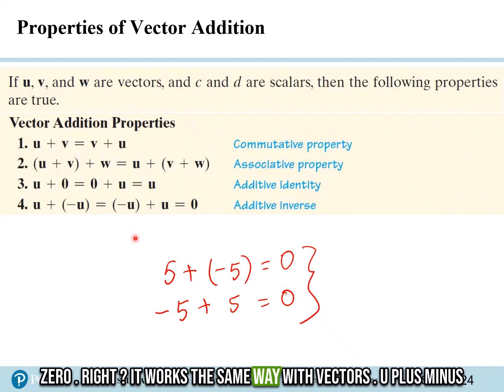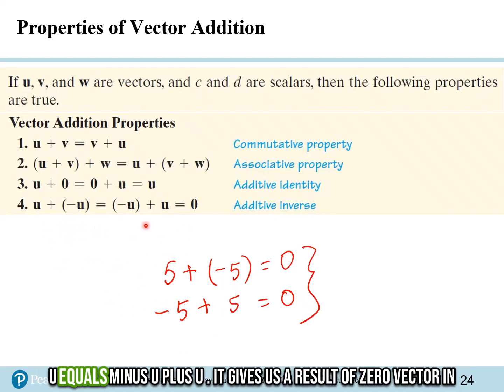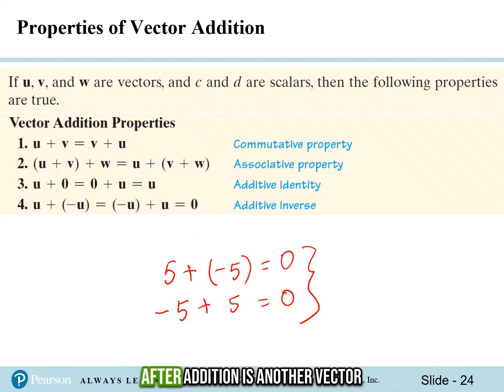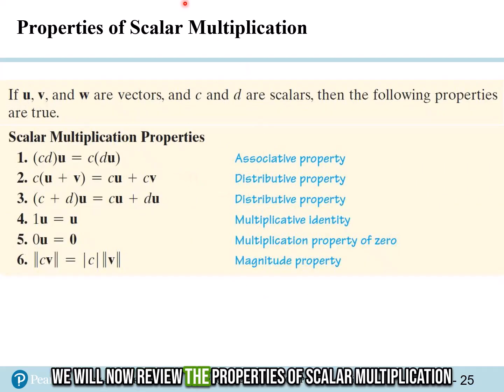It works the same way with vectors. u plus minus u equals minus u plus u. It gives us a result of zero vector in this case. When we are working with vectors, the end result after addition is another vector. We will now review the properties of